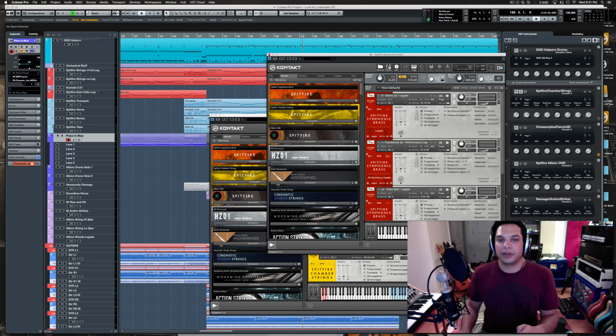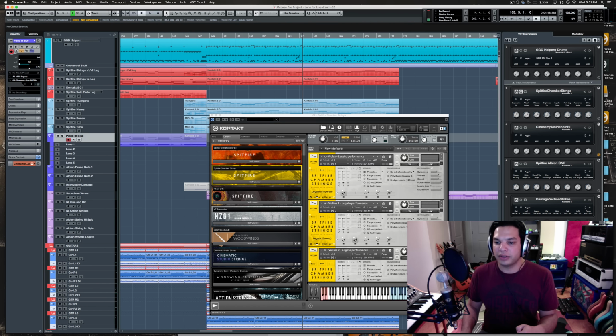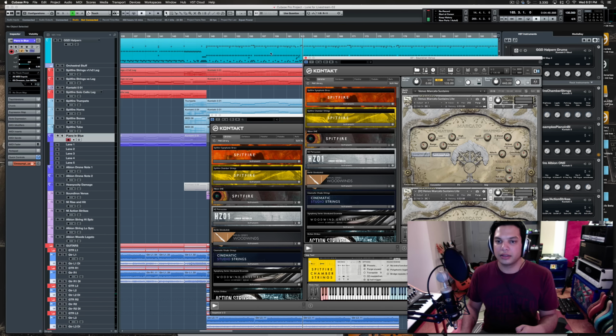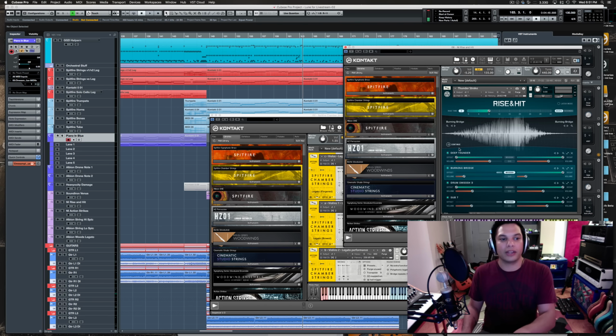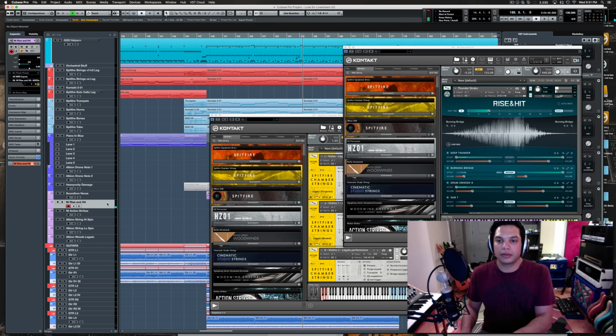Then the Spitfire Symphonic Brass, Sound Iron Venus. I was using Rise and Hit, but I disabled it. The patch I had was a bit weird. But this actually makes risers. So where is that? You can kind of time your risers out. This comes with Complete as well.